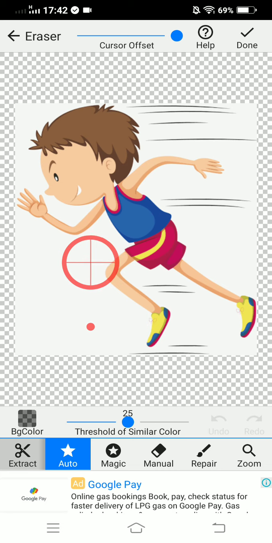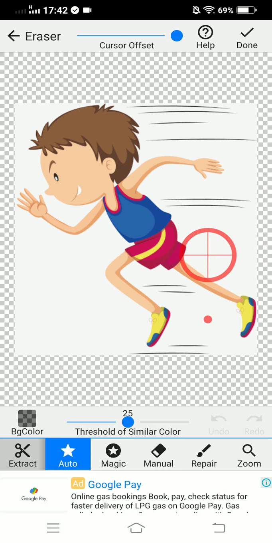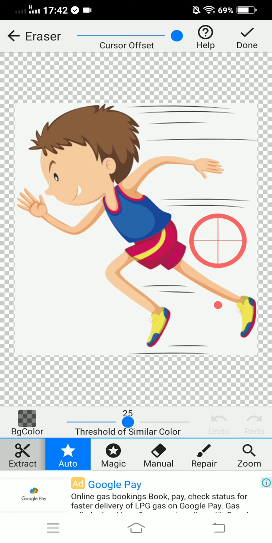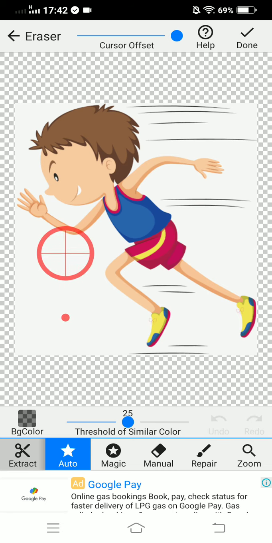Now I can just see again, I'm clicking on the dot. I am touching the dot below this crosshair to move it around. I'm not touching the crosshair. So it's very easy to navigate to wherever you want to take it. Okay, now I want to remove this white area. So see, you are dragging it all around. Okay, and if you release the crosshair, then that area will be removed. See, I am dragging it, and now I am going to release it.